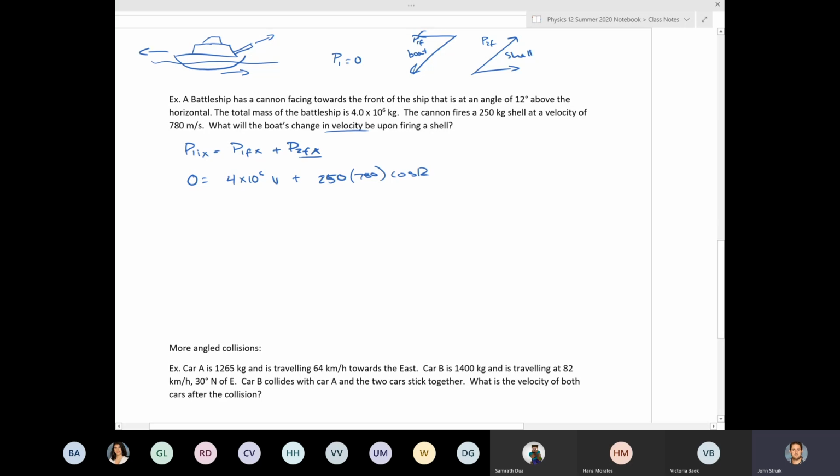This is technically vx. There's no angle here because I'm already splitting it into x's. So 250 times 780 times cos 12. So we have 4 times 10 to the 6 Vx equals, because they're going to be equal,